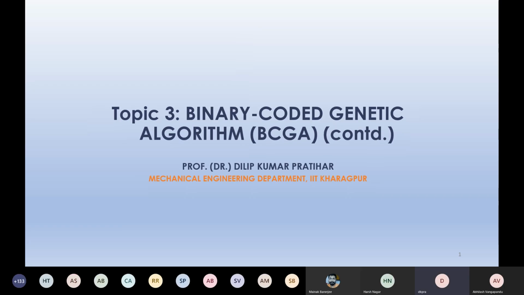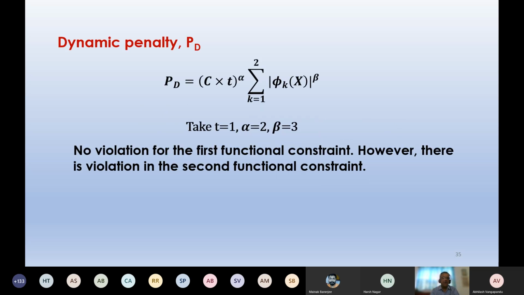by the violation square. So this will become equal to 640. So you can find out how much is the static penalty denoted by PS, and that is coming to be equal to 640. So according to static penalty, the numerical value for the penalty is coming to be equal to 640. Okay. Now I'll be going for the dynamic penalty.